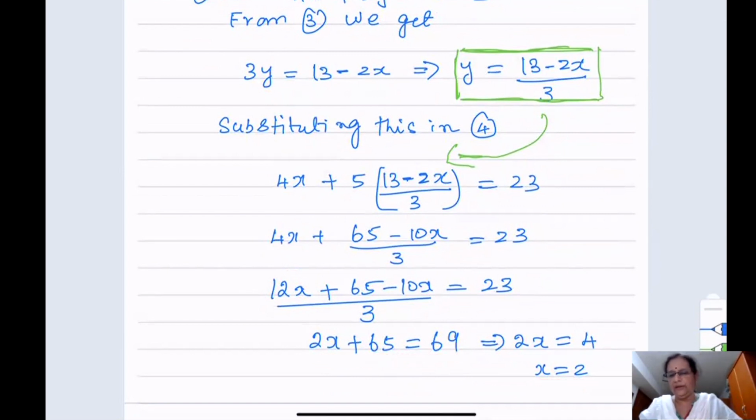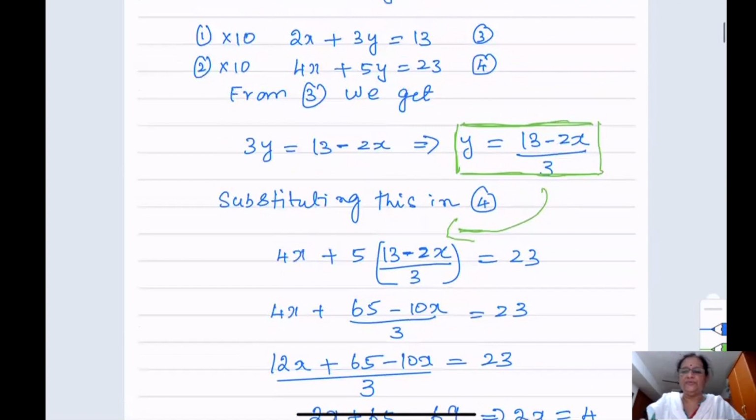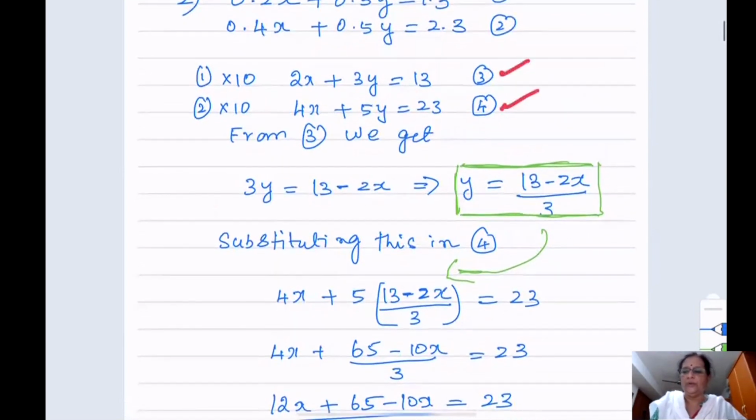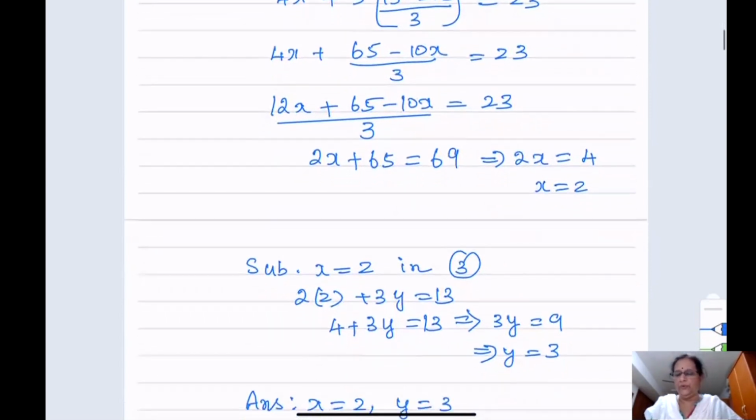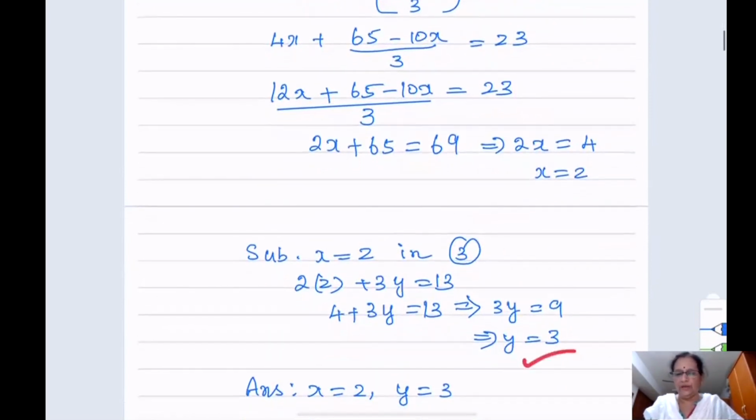Then after you find the value of x is equal to 2, substitute in either equation 3 or equation 4 to get the value of y. So after you substitute, you get the value of y is equal to 3. So x is equal to 2, y is equal to 3 is the answer. So write down the solution always. The solution can be written as an ordered pair, or you can write it as x is equal to 2, y is equal to